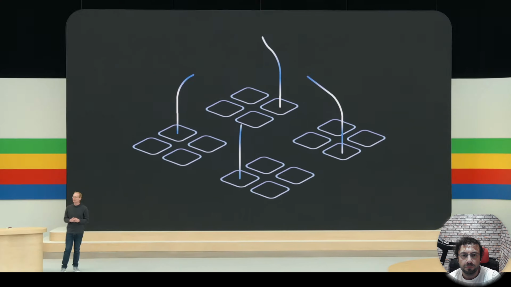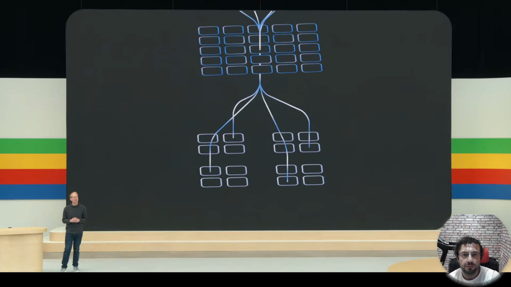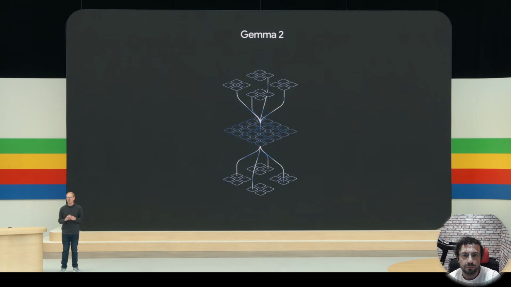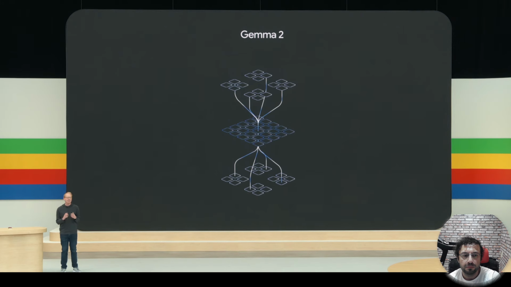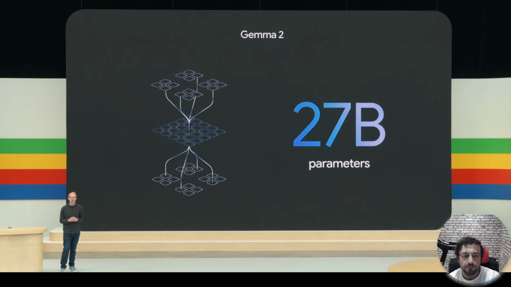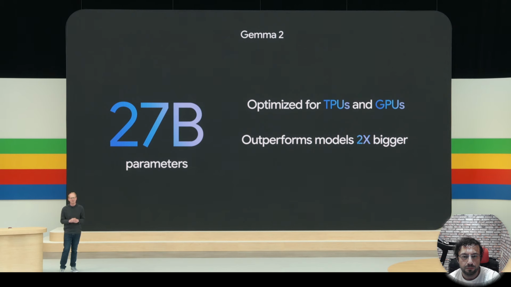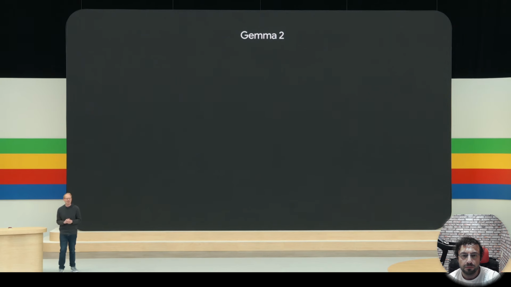One of the top requests we've heard from developers is for a bigger Gemma model, but it's still got to fit in a size that's easy for all of you to use. So in a few weeks, we'll be adding a new 27 billion parameter model to Gemma 2. And here's what's great about it. This size is optimized by NVIDIA to run on next-gen GPUs and can run efficiently on a single TPU host in Vertex AI. So this quality to size ratio is amazing because it'll outperform models more than twice its size. We can't wait to see what you're going to build with it.